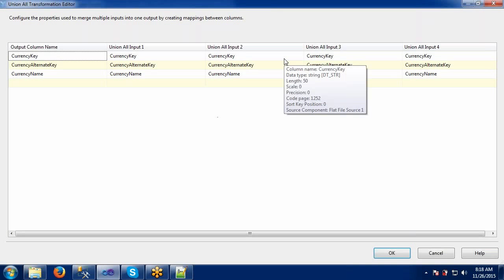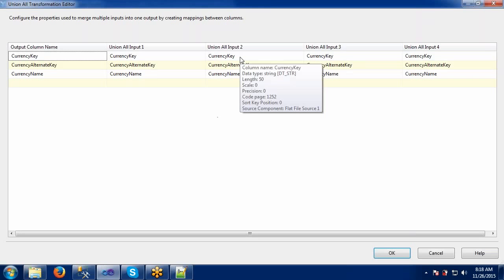To do the union all, we have one condition, that is, all the column names should be the same in all the sources. Is the condition satisfied here? We have all the 4 files here and we have the same column names. Then only we can do this union all. Let's say I'm having different column names here, it means union all won't work. Why? Because it has to have something common in all the sources. Then only we can do the union all.